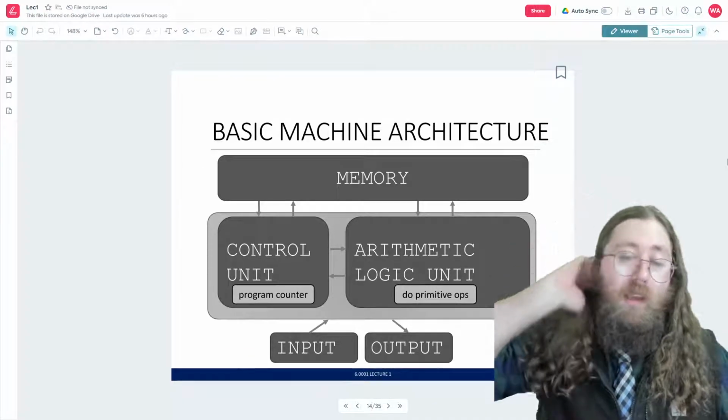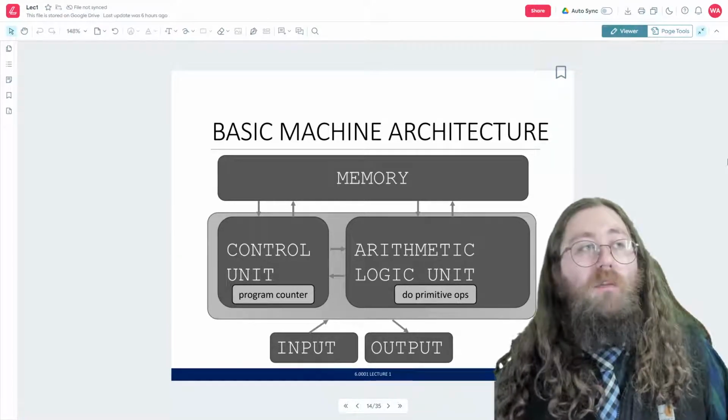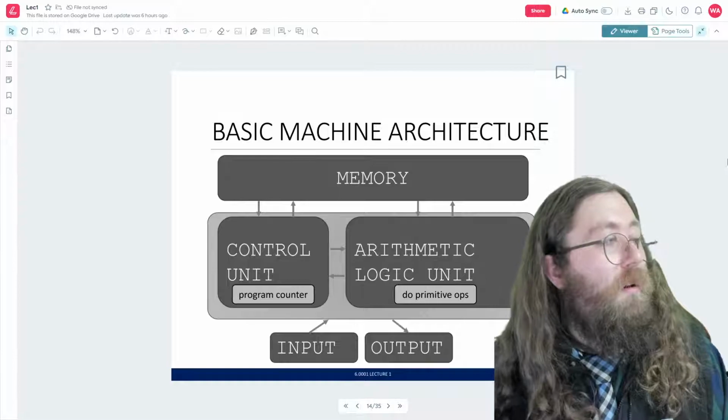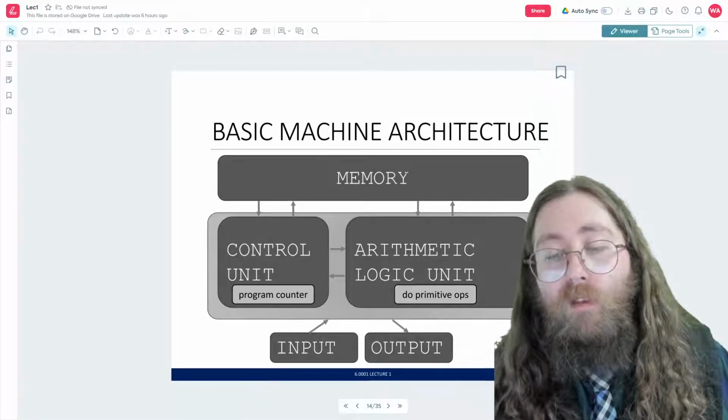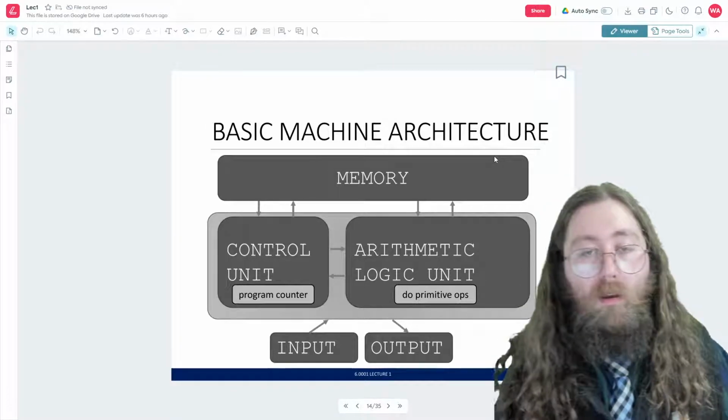So here we have an example of the basic machine architecture. This is kind of the model for how our computers work. So we have memory that's here, and this is basically the data, okay?